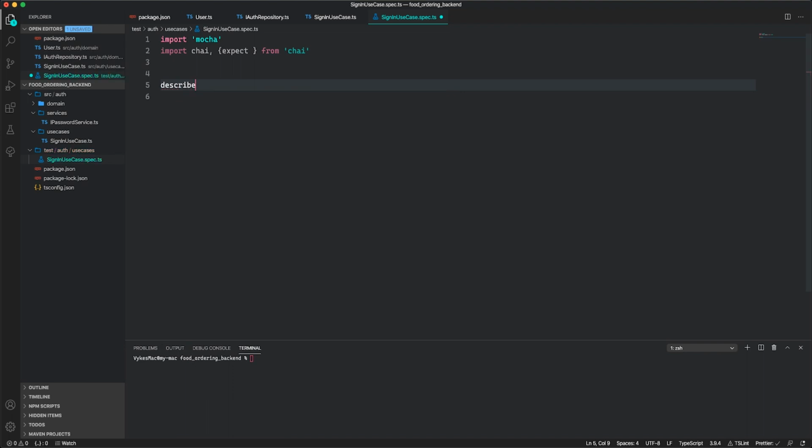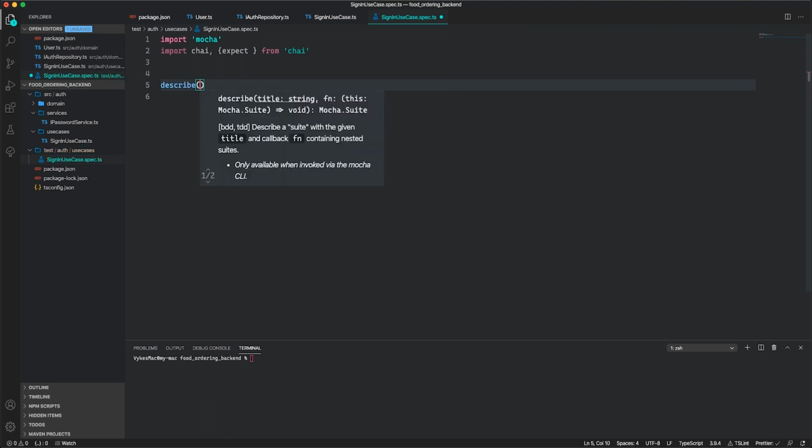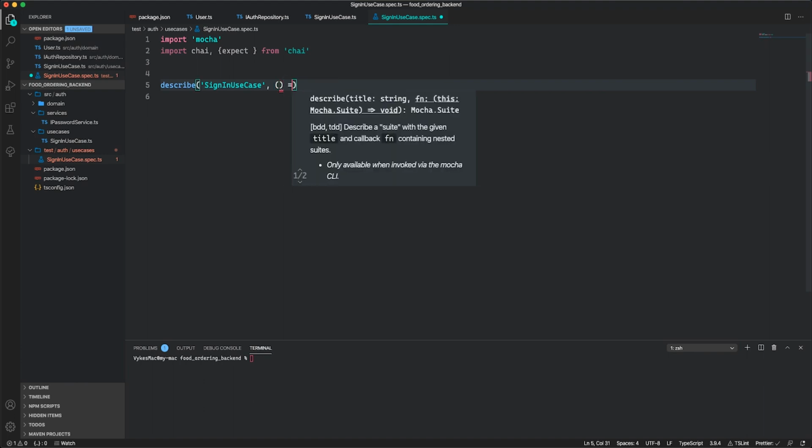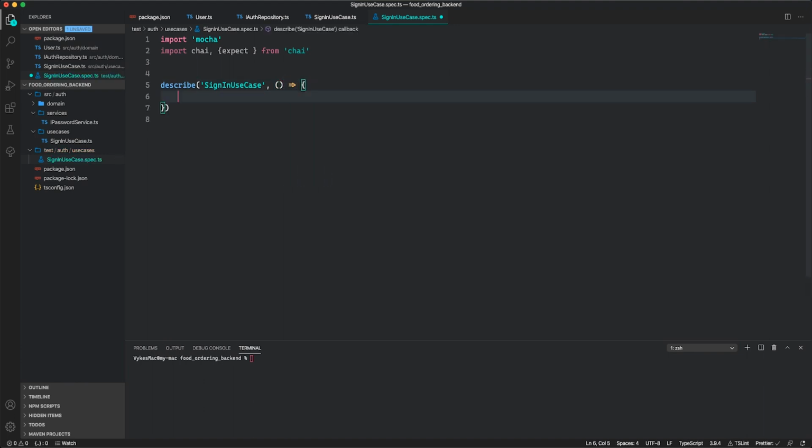So this is from the mocha library. So describe, this is similar to group in the Flutter testing framework. So I'm going to just say describe sign in use case. And it's very similar to how testing is done in Flutter. So I have my function here, and here I'll set up those